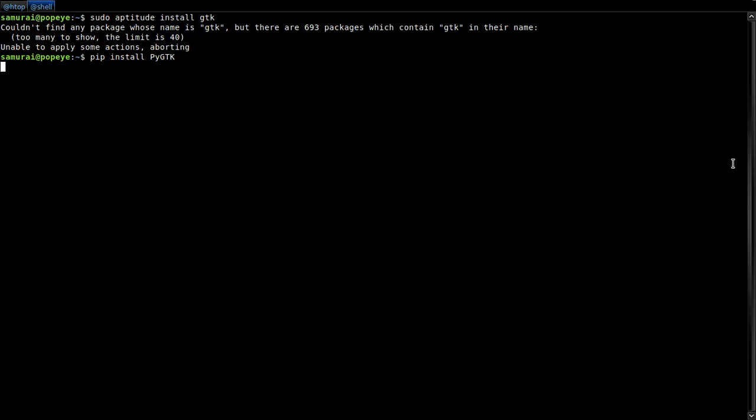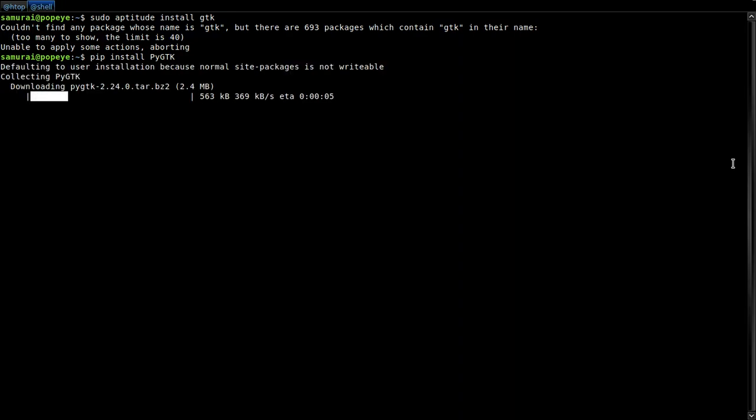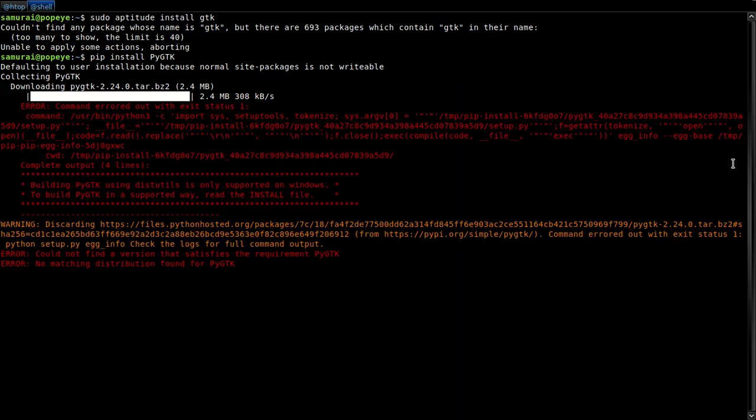Enter, and that's it. A little bit slowly, downloading PyGTK 2.24.0 tar. Oh, I did not expect this.